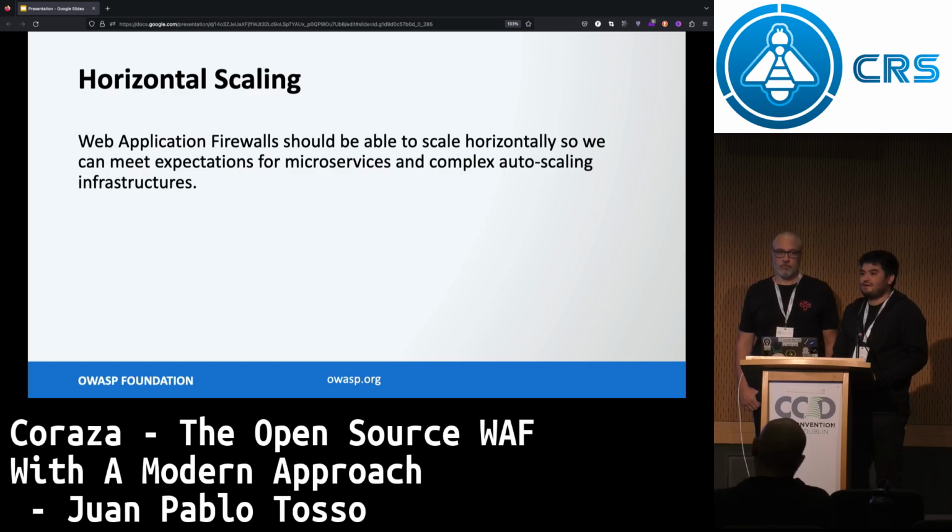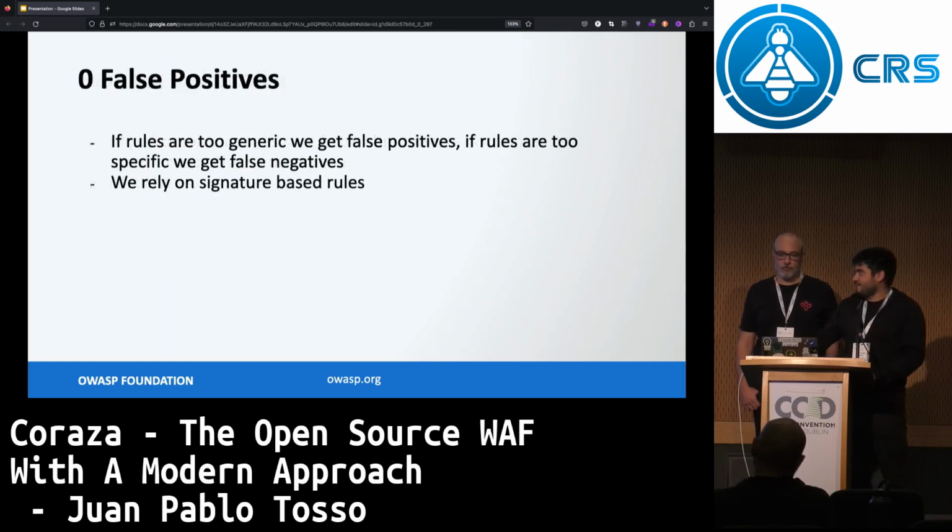Like, if you have a service that will auto-scale, will it auto-scale with your WAF embedded? Or would you have another auto-scaling structure for your web application firewall? That's the question we're trying to solve. And the question for everyone, even for CRS, zero false positives. Actually, you changed my mind. I changed my perspective a lot with the paranoia level zero thing.